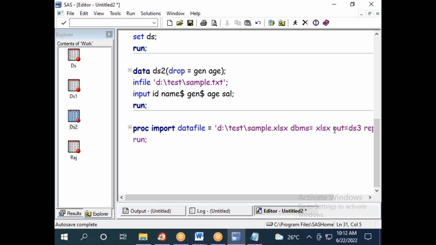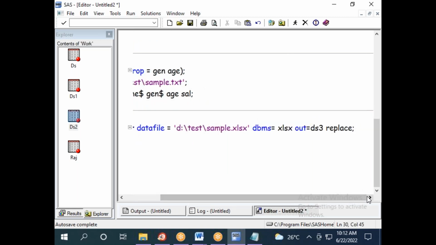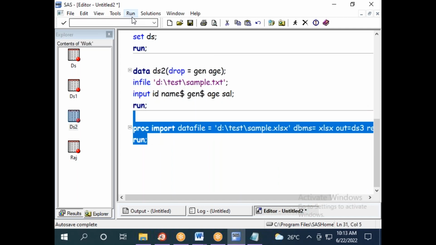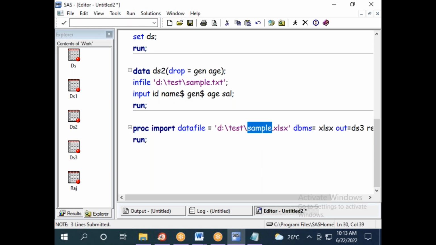You see that run is also not populated. Actually DBMS should be displayed in light blue color, correct? This is all because I missed my closing inverted commas. You see, DBMS is blue, out is blue, and run is dark blue, even replace. So if you run the program, it will read all the data from this sample Excel file